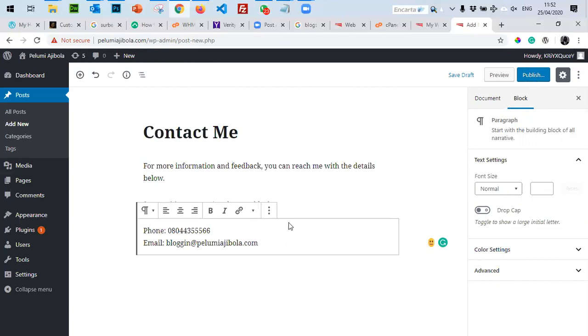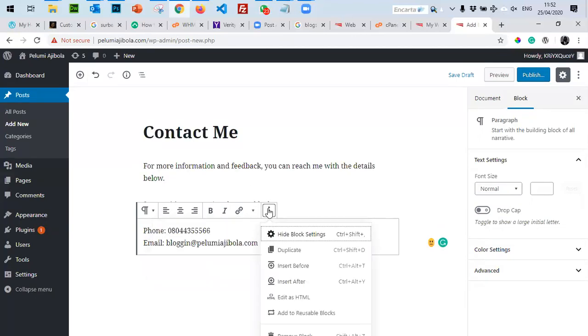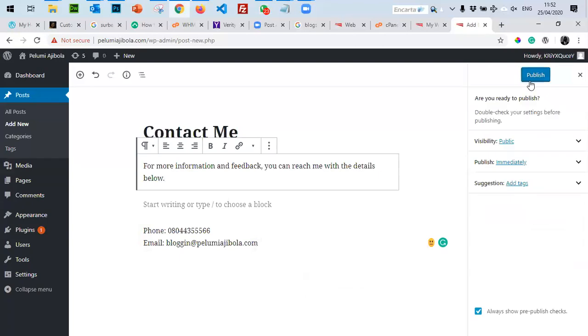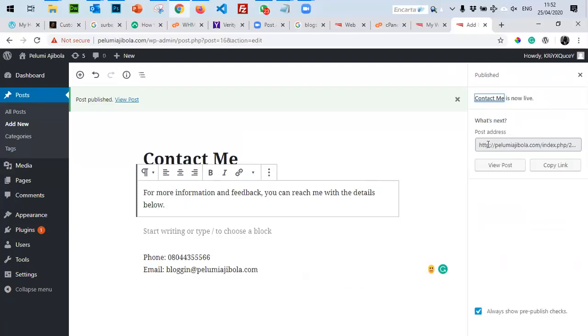Now, if you have to add images or other things in your page, for every paragraph you have these controls that give you liberty to bold, italics, and manage other functionalities, including inserting other HTML codes into the page. But these are things we would talk about in more detail once we are dealing with a website itself. But for a blog, you most likely just want to write an article, just insert an image on that page.